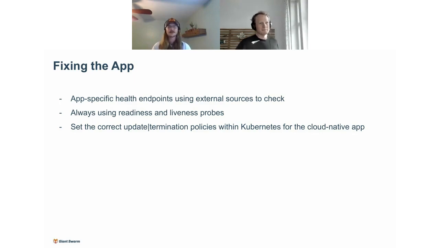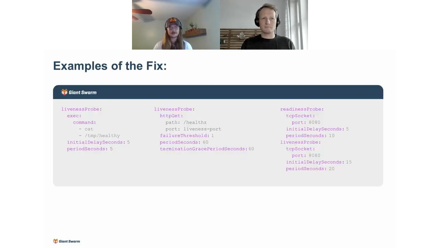So fixing the app in this case specifically, we can use app-specific health endpoints, again, building up our supporting within the container itself. So app-specific health endpoints telling us when it's actually ready to serve that connection. Readiness and liveliness probes, again, readiness just being when it's ready to actually handle incoming traffic. Liveliness probe when the container is actually in a running state. And then finally, the correct update termination policies. So just, do you want to roll out one at a time? Do you want to put your pod disruption budget in place to make sure a certain amount are up at all times? But basically just the tooling, the config, the objects around it.